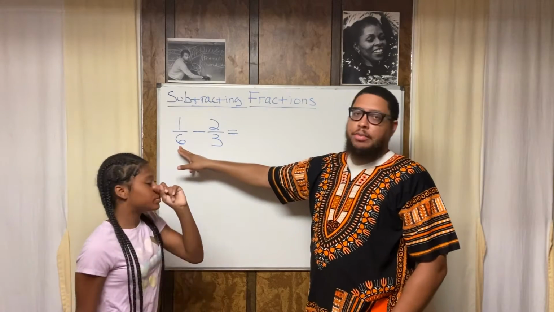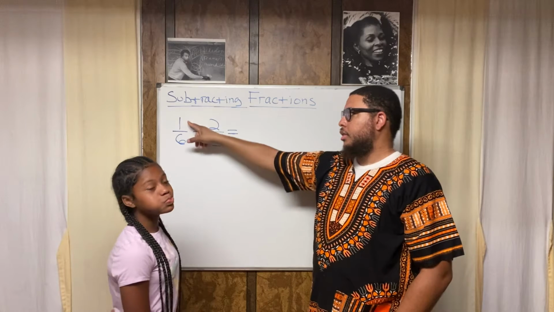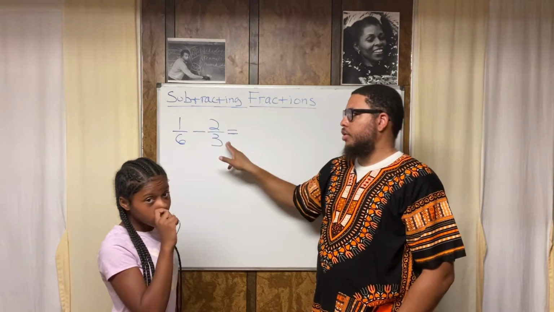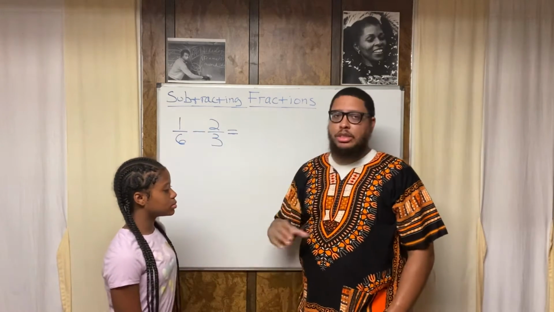All right. So the denominator of this first fraction is 6. The denominator of the second fraction is 3. This is 1/6 minus 2/3. Now, what you might notice, or what you might not notice, is that 1/6 is actually smaller